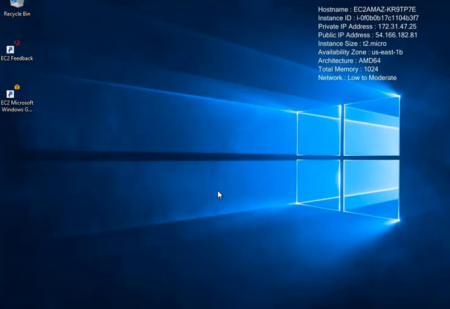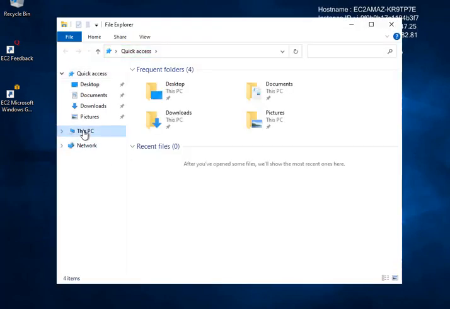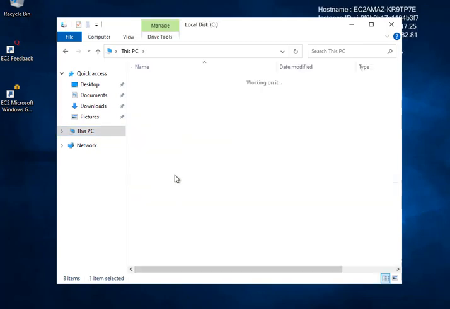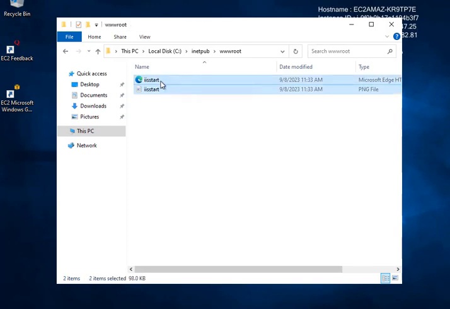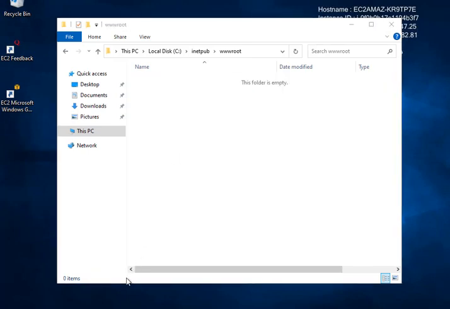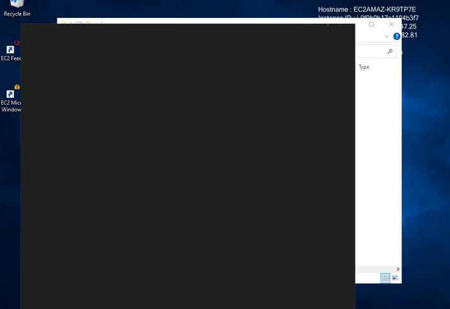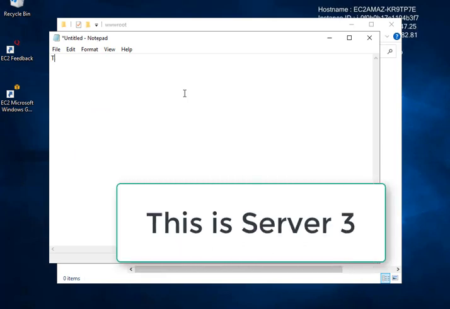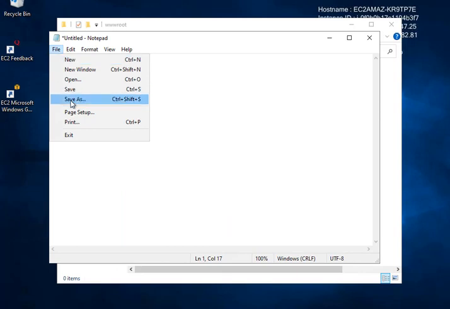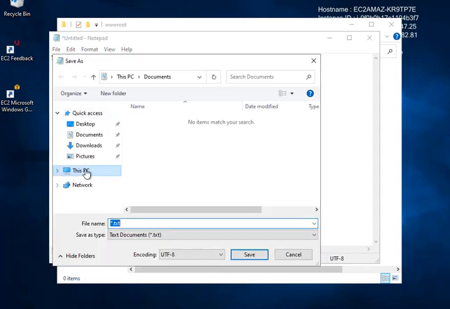Again navigate to the C drive, inetpub folder, wwwroot, remove the default files and create a notepad file with the text as "this is server 3". So I'm opening notepad, entering the text as "this is server 3", saving this file in the location C drive,